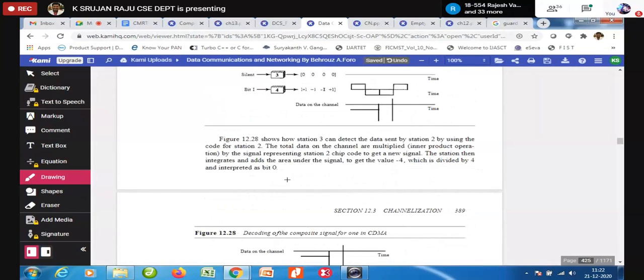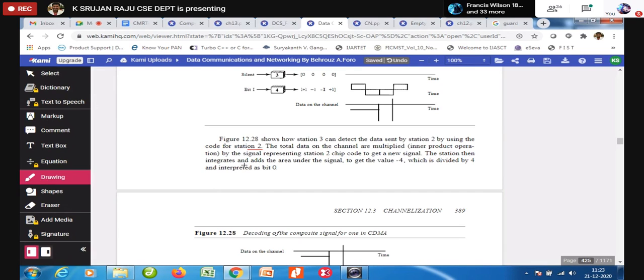Station 3 can detect the data sent by station 2 by using the code for station 2. How do you do that? The total data on the channel is multiplied by the signal representing the station 2 chip code to get the new signal.